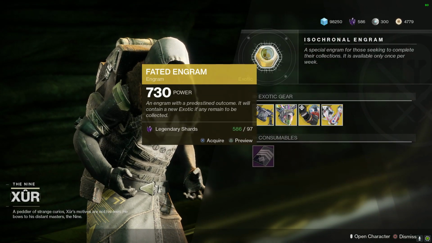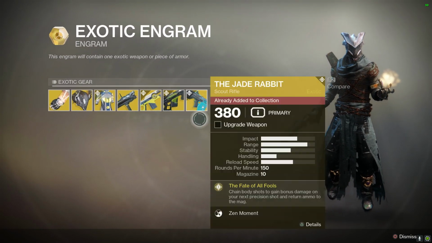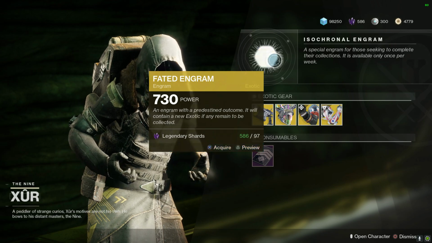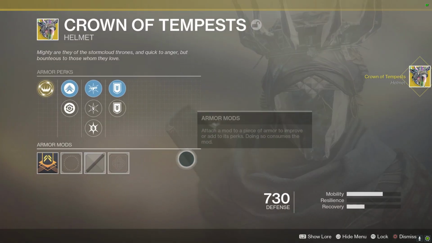Now, of course, we have the Fated Engram. This has a chance of dropping pretty much any exotic gear. Let's see if I can get a piece of armor with some intrinsic perks. And we got a Crown of Tempest. So let's see what this one...